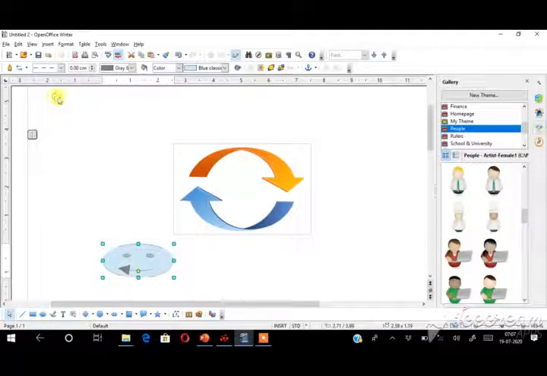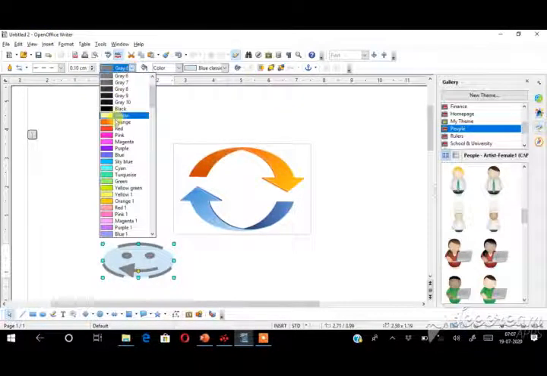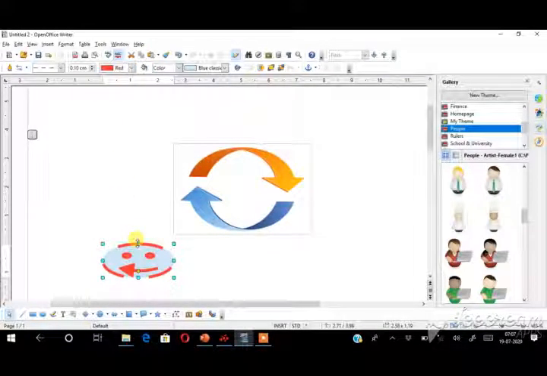And the next is the thickness of the outline. See here, to increase the line. You can change the thickness also. Based on the increasing value, the drawing outline changes to thick or thin. And the next is the outline color. Here, you can choose a different color. So now you can change the outline color of your drawing.